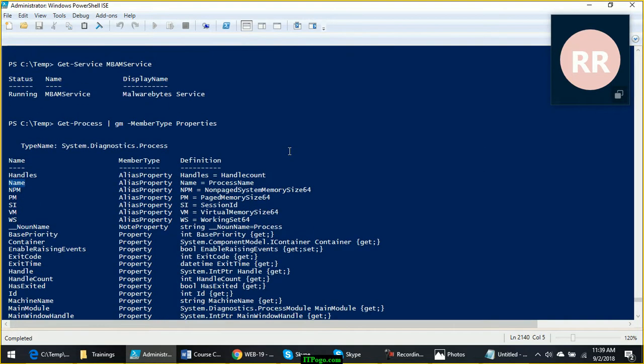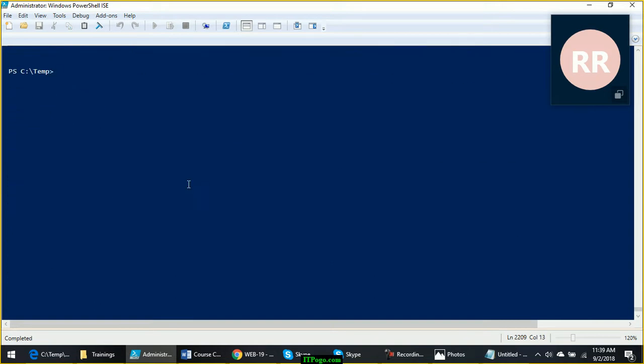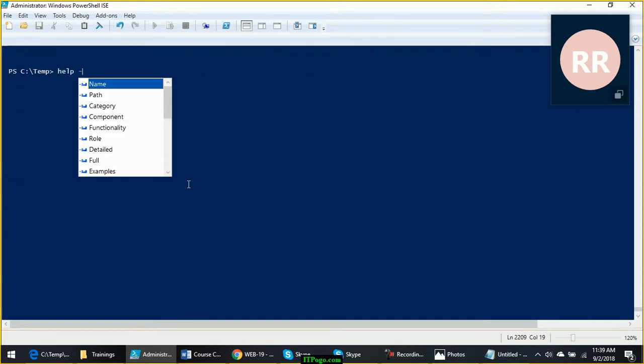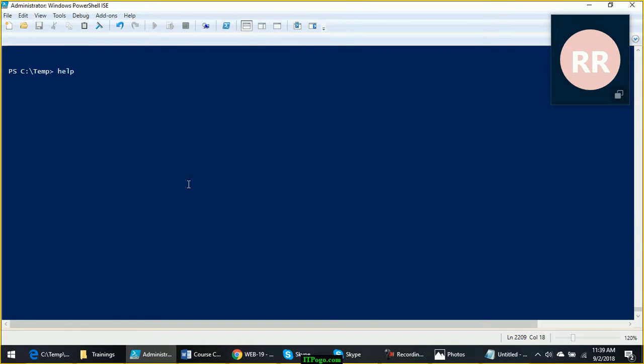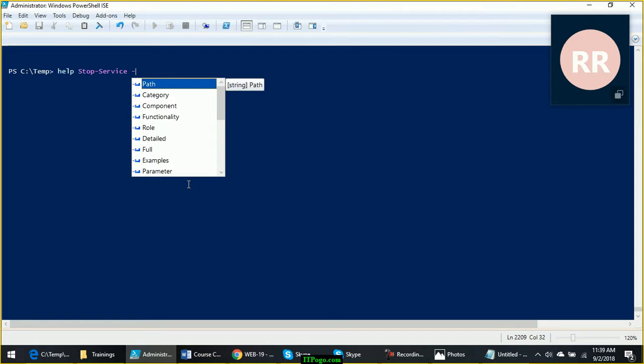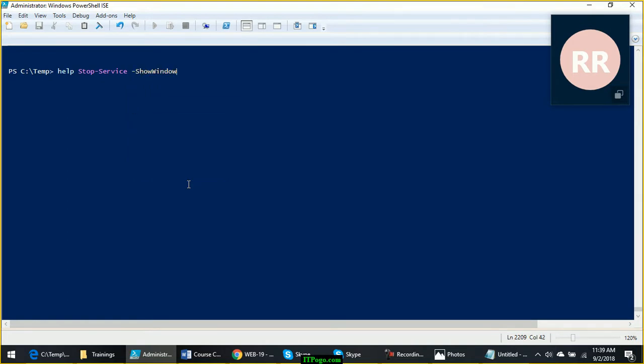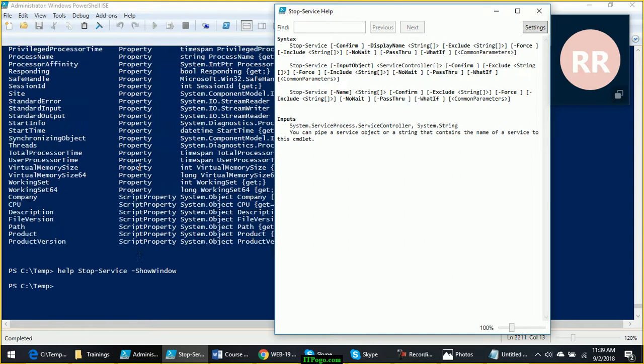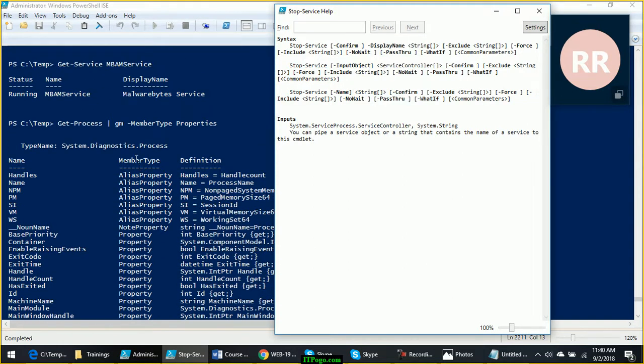And for stopping the service, when you look at the help, now let's look at the help of Stop-Service. So according to plan C, the first rule is there should be a property which exactly matches the name of the parameter in the second command.